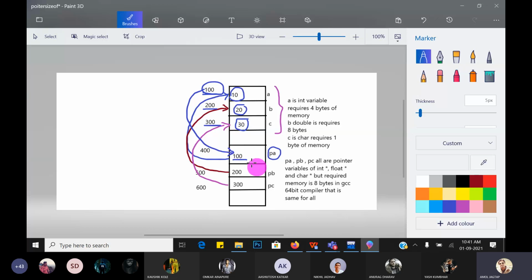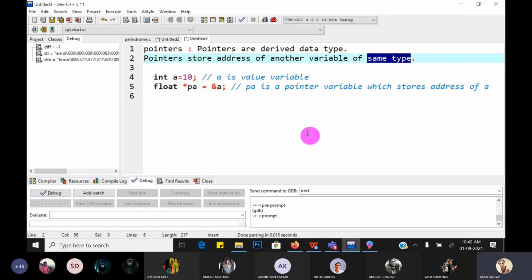So pointers point to that address location. Okay, a pointer stores an address, and that pointer points to that address location. So in an indirect way we can access the value of A. Guys, understood? Indirectly we access the value of A. Yes, now we will see it step by step programmatically. Okay.